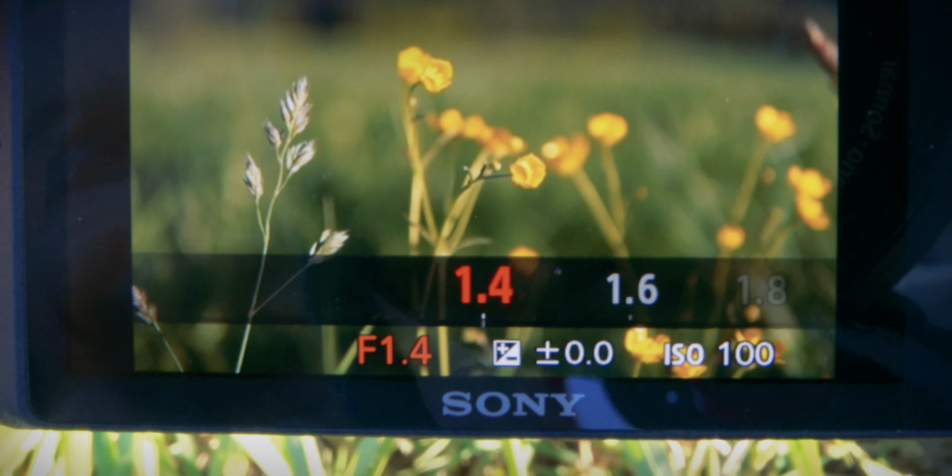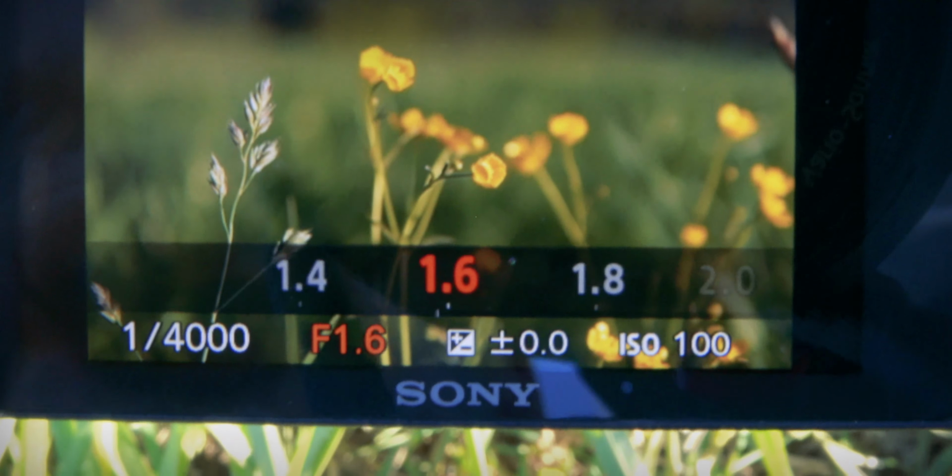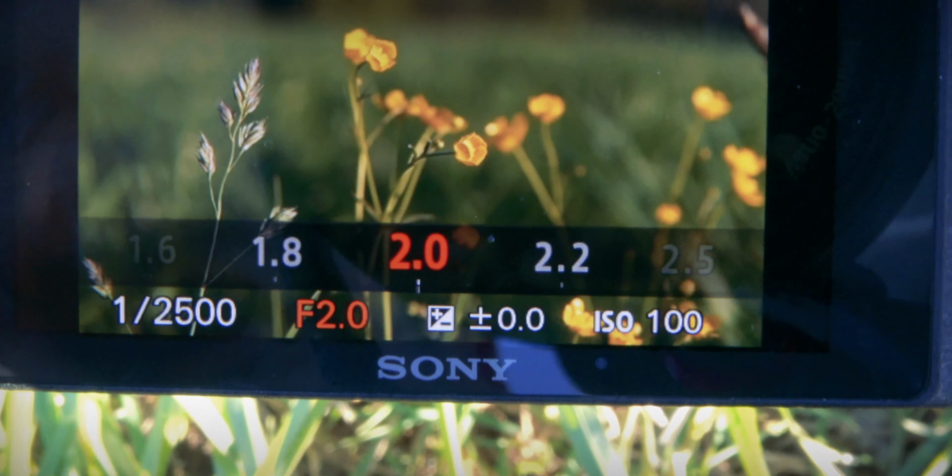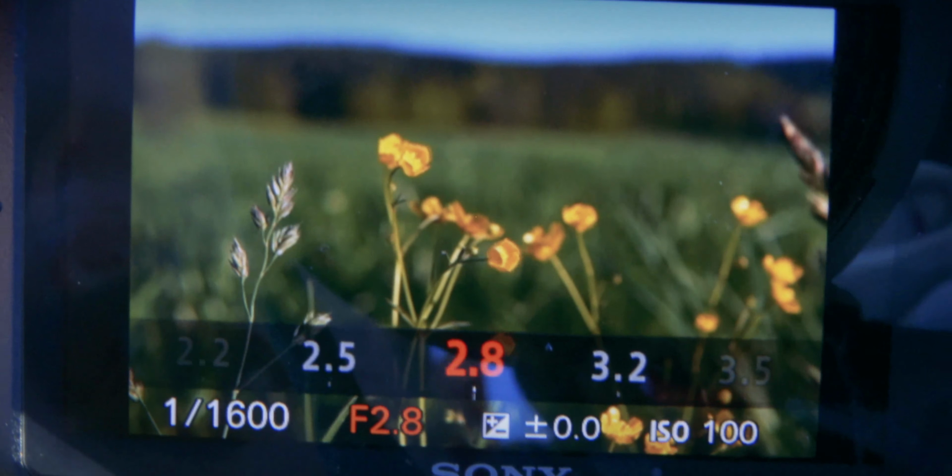Now, what value must we choose for the aperture so that we get this blurry background, or bokeh? Well, that depends. What are you trying to achieve? If you're trying to achieve, for example, a portrait, and you want to separate your subject from your foreground and your background, then you must choose a very small decimal number. What kind of number are we talking about? f1.4, f1.8, f2.0, f2.8. As long as we choose one of these, we are bound to get a blurry background.